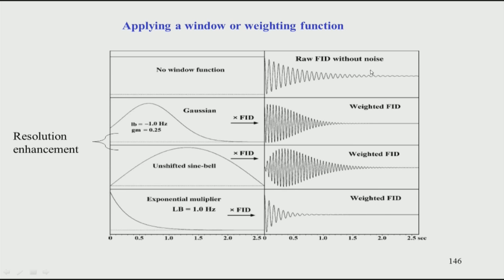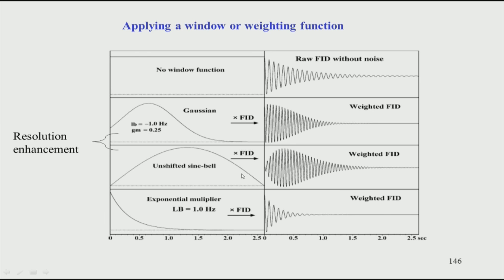What it means is that your resolution, that is the separation between the peaks, appears on this side more than what appears on this side. So, if I want to get a better resolution, my emphasis or weightage or importance should be given to this part of the spectrum rather than this part, and that is again done by using different mathematical functions, that is the window functions.